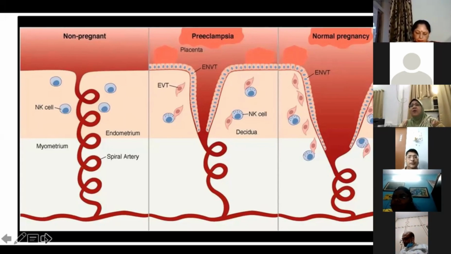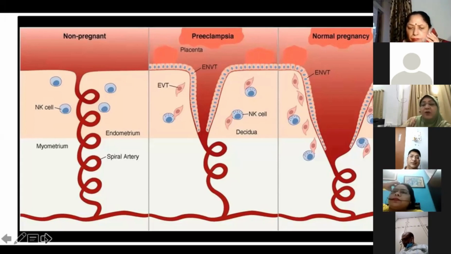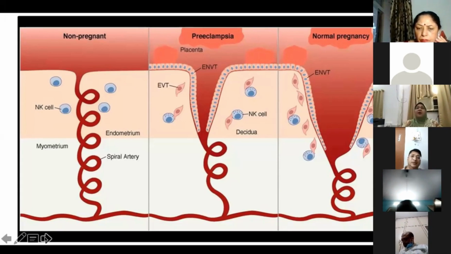So vasospasm causes the hypertension. In the head, there will be cerebral edema, there will be convulsions because of that. There can be brain hemorrhage, because of which the woman may die or she may be paralyzed. There may be hematemesis, there may be epistaxis, there may be cardiac failure because of the hypertension, there may be pulmonary edema because the fluid is seeping out, and because of the cardiac failure that is there, together they will